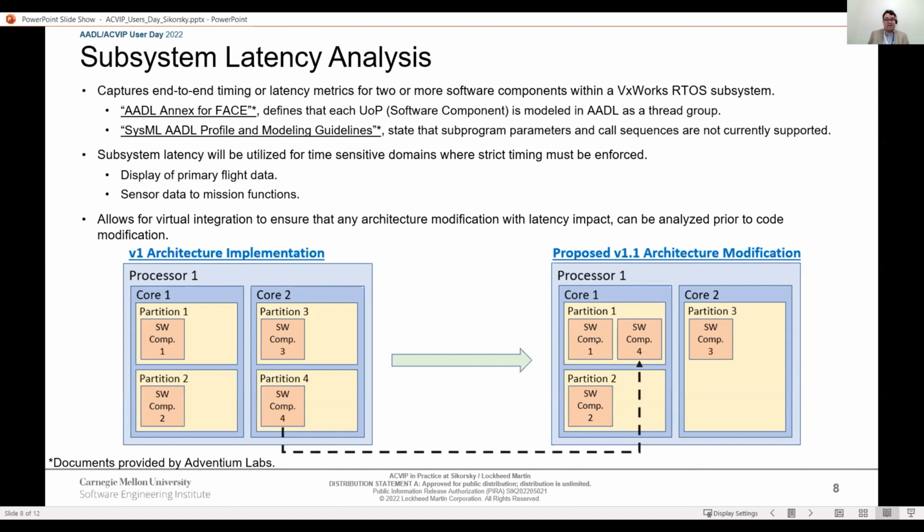You can move it over to partition 1. You can rebind everything. This takes a couple minutes. It's very simple. None of the other properties change. You're literally just moving this around in the system. You generate the AADL, which takes about 30 seconds, and then you run the analysis, which takes about another 30 seconds. So in a matter of 5 minutes, you can understand if moving a software component within the system will